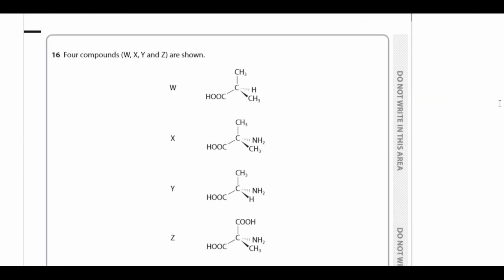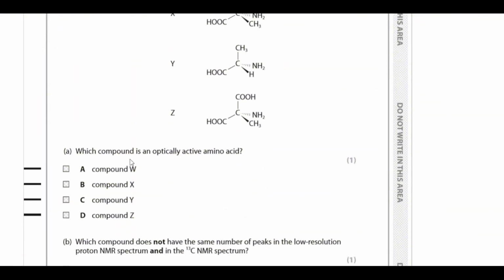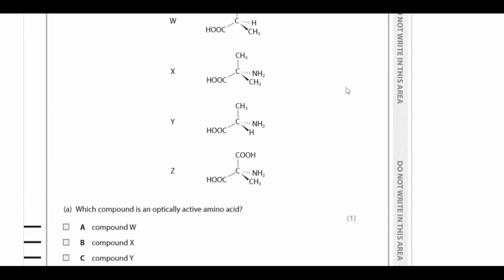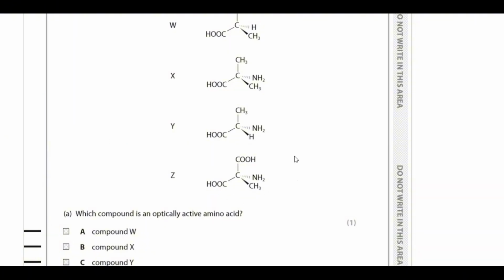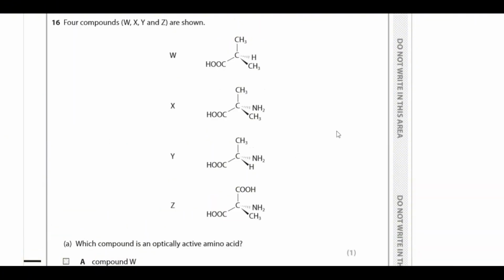Moving on, they say here 4 compounds W, X, Y, Z are shown. All right. So the question here, question 60, said, which compound is an optically active amino acid? For an amino acid to be optically active, we will be requiring a chiral carbon center. Now, if we see these very clearly,